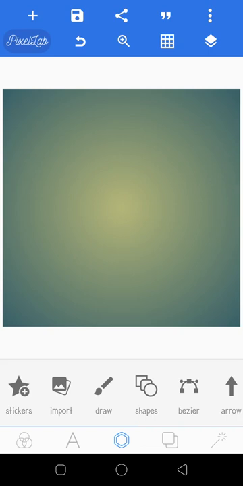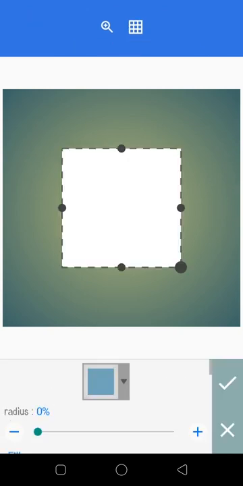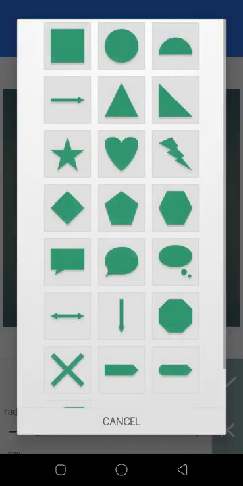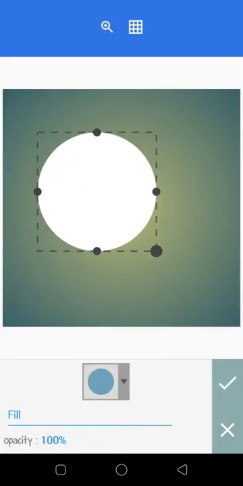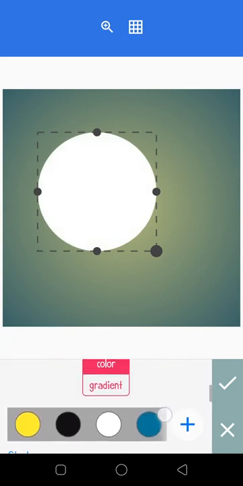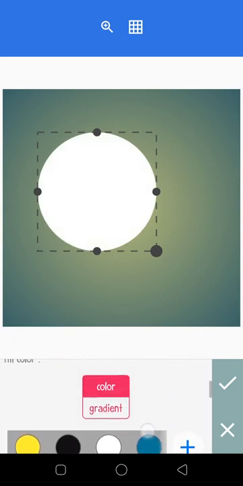So let's start with shapes. I think we've talked about import. Now in shapes, it will come out like this. You can use this drop down here to change the shape that you want. So let's say I want to do this as my shape. Now I can make it transparent by manipulating the opacity here. Then I can give it color, but it is not advisable to give color here. So what you do is